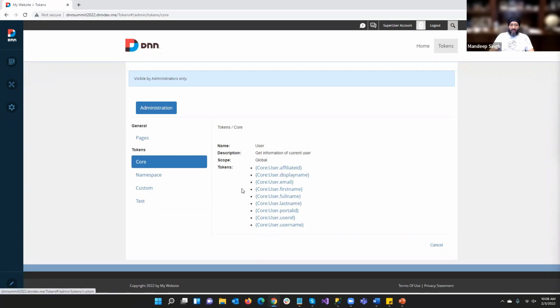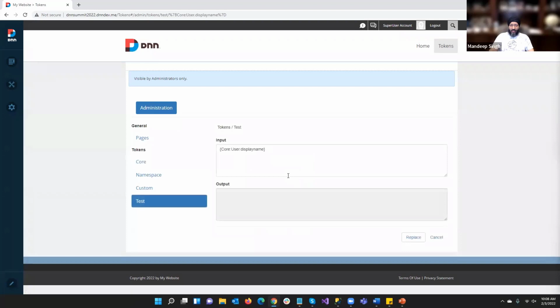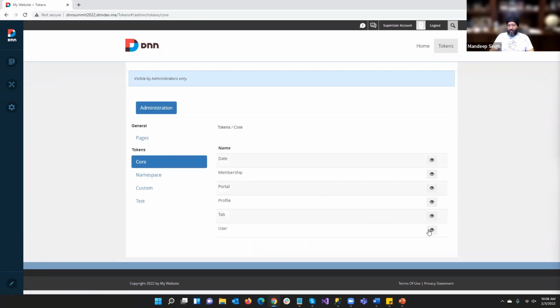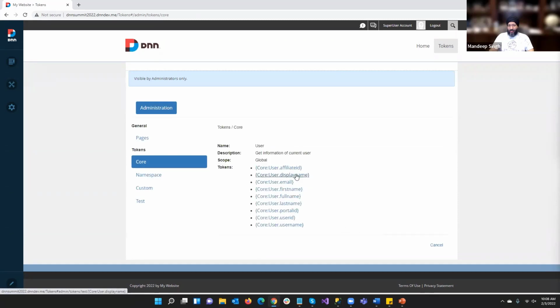To test these tokens, I can just click on any one of these. And what it does is takes the token to the test area. I can hit replace and see what would actually be the output if I were to use that token. So here it's telling me the current user logged in as super user account, which is correct. So I could just take this token, which again, I found from user, and then I just use this token